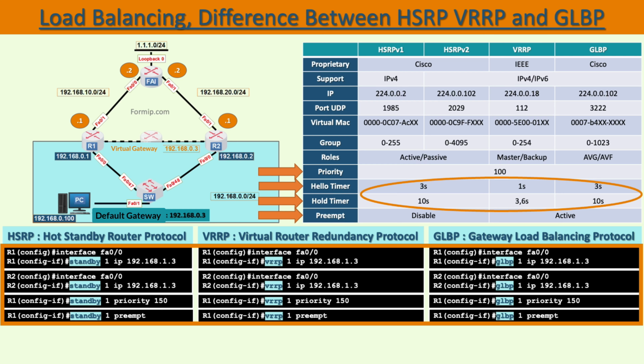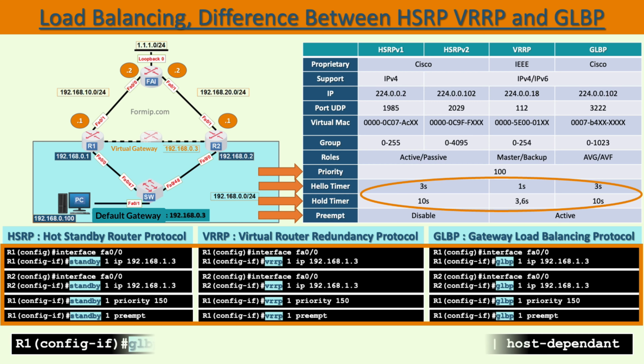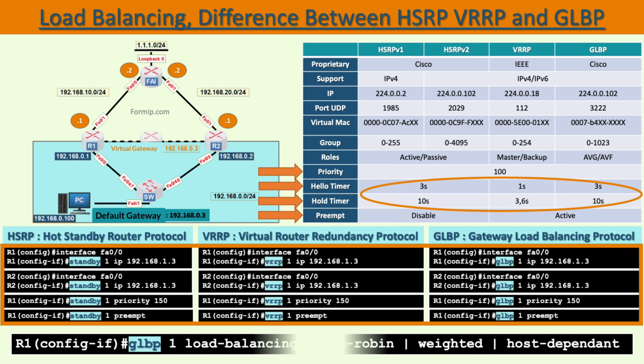The GLBP protocol is also proprietary to Cisco. It was created in order to compensate for the shortcomings of HSRP. That is to say, it really does load balancing, based on a weight system per leg. It has 3 different types of load distribution: